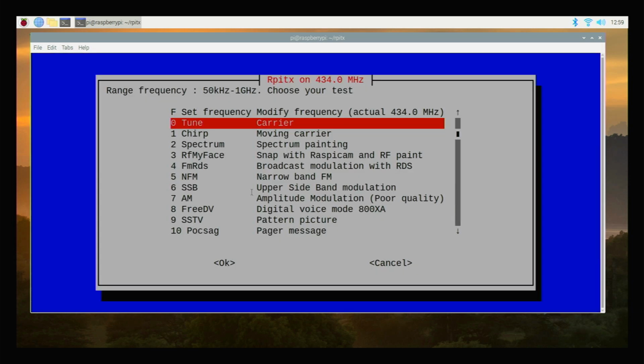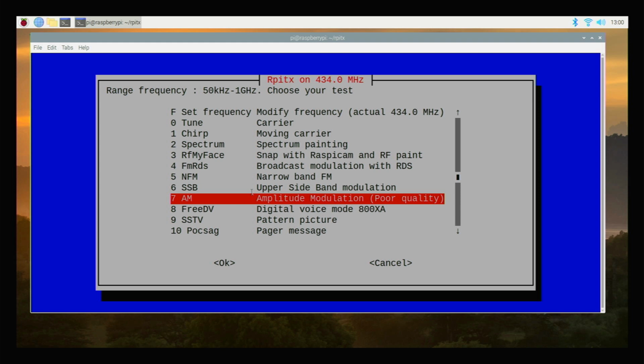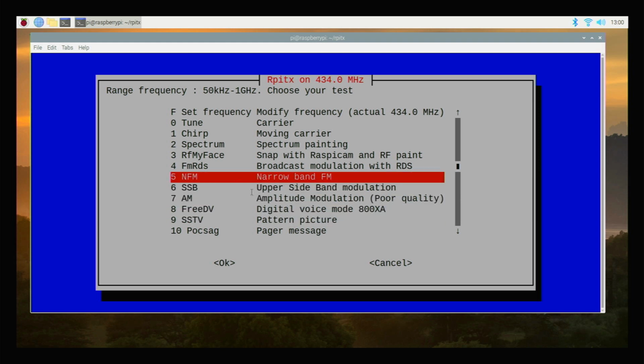So this application is only for the transmission. So if you have a PC with a second RTL SDR dongle, you can see what the Raspberry Pi is transmitting over a particular frequency. So there are several options like this, spectrum painting. So this all is only the transmission.